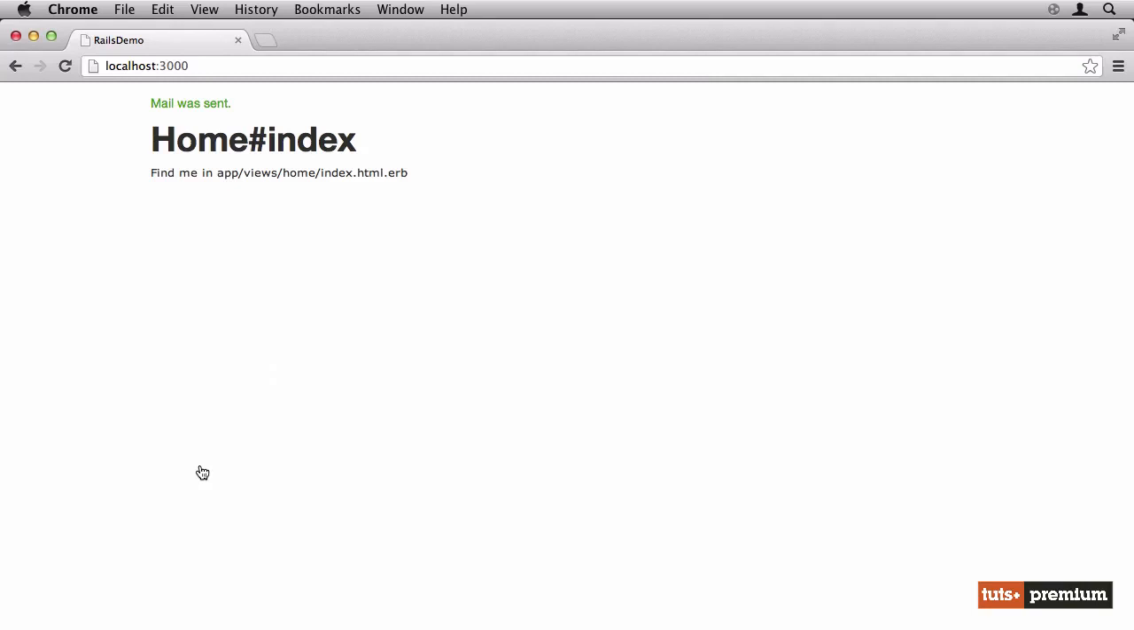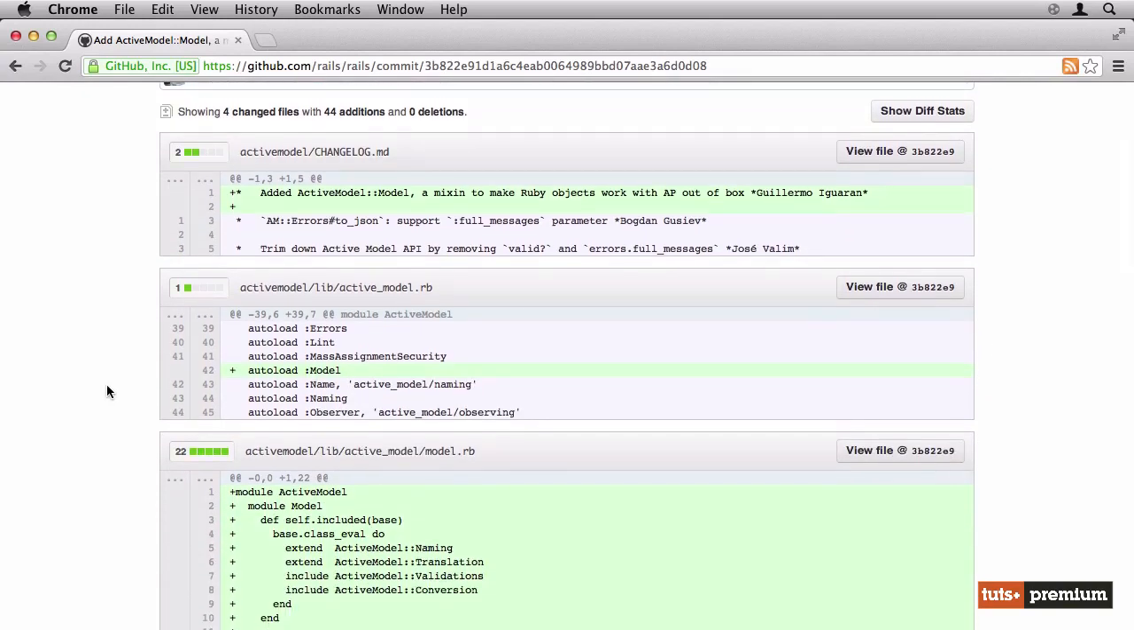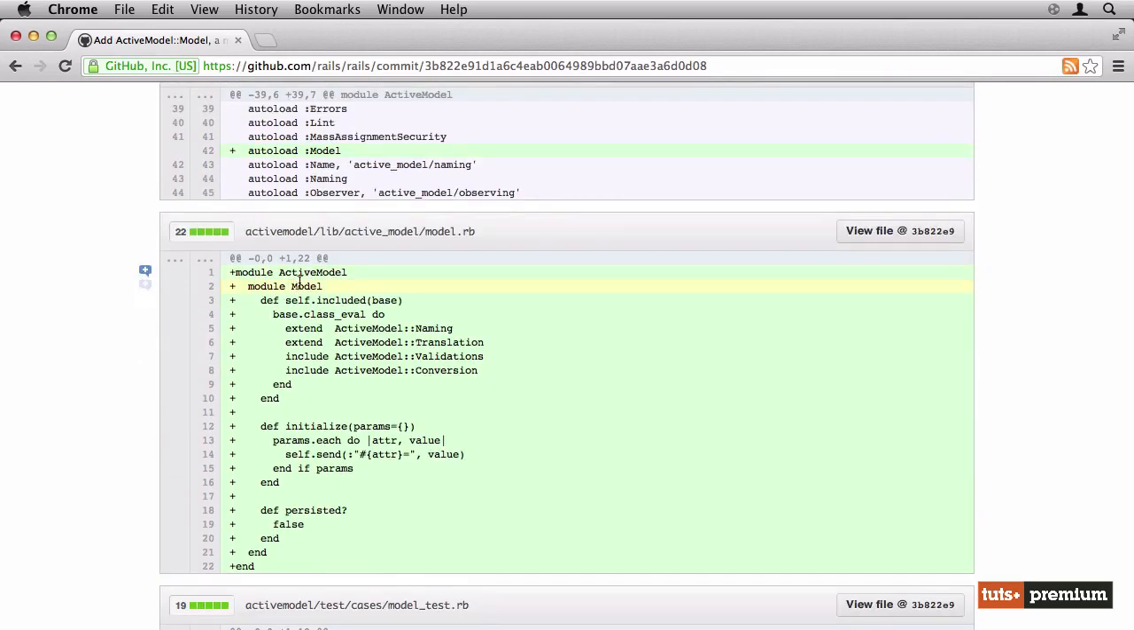And to do that, I'm going to GitHub and show you the commit for ActiveModel. So this is the commit that made it all possible. You have some changes here which I'm going to highlight. The first one is that the model mixin is injected into ActiveModel so it can be accessible. And then when this mixin is included, the class that we're on extends from naming, translation, and also has validations